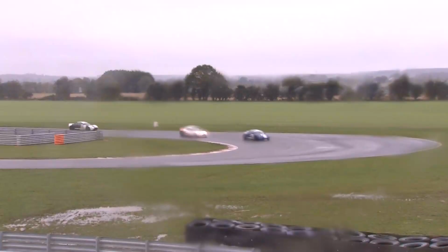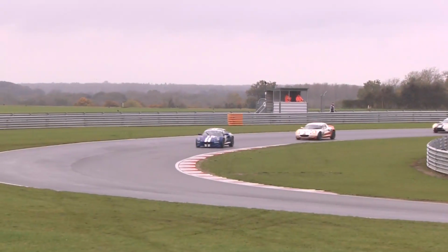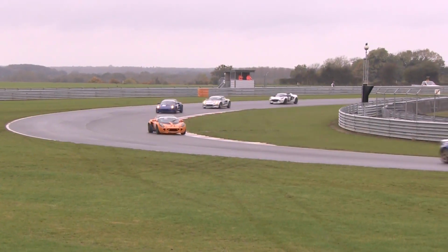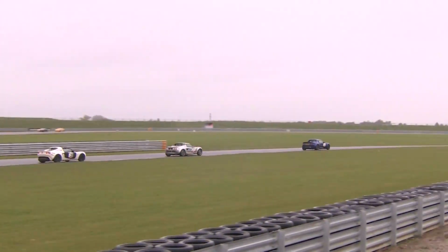And Craig Denman will be relishing the Elise S2 in this race, because the S1, which is the car you see most of the drivers in this particular scrap pedaling. There you've got Seth Walpole, he's just ahead of Mark Yates and Paul Baker. The S1 is a little bit lighter, and in dry weather it's ideal. The S2 is a heavier car, but it has ABS braking, and in these damp conditions it just gives them extra traction and stability, which is what these drivers will be really looking for,